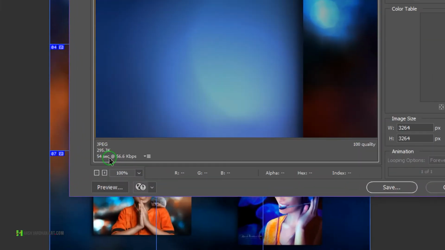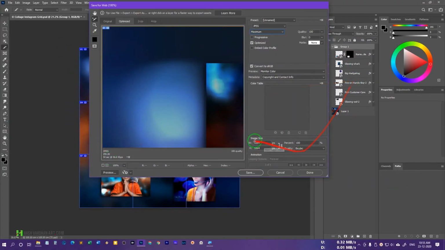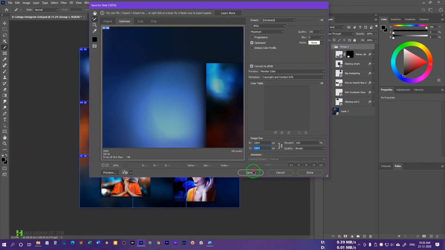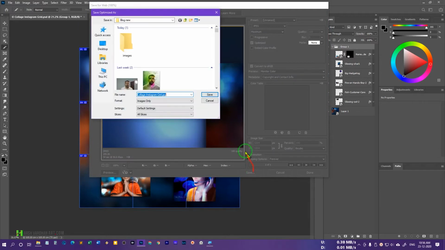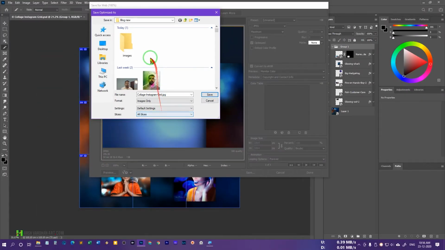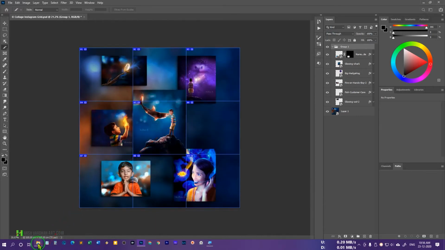So you can see the size of the slides over here, and the image size and width, if you want to change it, it has to be the same, otherwise your Instagram feed will not be seamless. That's why we have cropped it to 1 by 1. All right, and thereafter we press the save button, and then over here you must see this option, all slices. If all slices is not available, then this is not going to work. So make sure you select all slices, which is selected by default, and then you can select the folder where you want to save it and just press save, and it would export these slices.